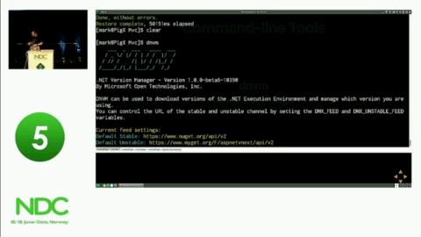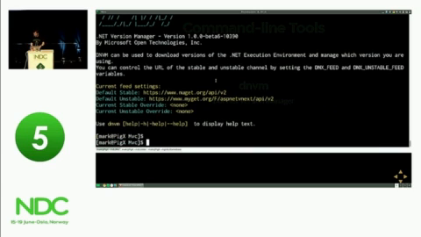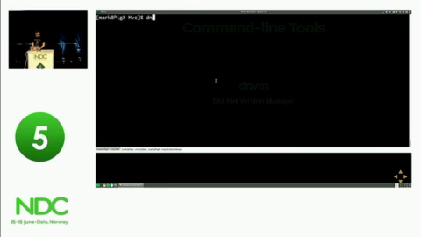I don't know why. But yes, so the version manager is beta 6, but if I do DNVM list, you can see